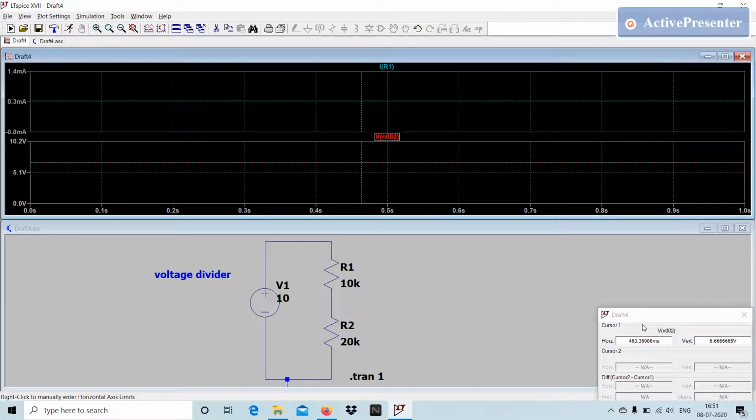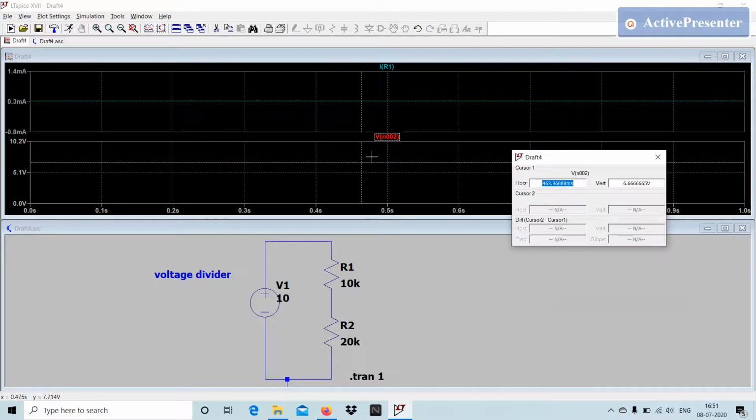Here you will get another window also, where you can measure the value. Based on the change in time, it shows the value of voltage. Here we are getting a constant voltage, so that's why the value is not changing. If you are using any transient value or different waveforms, the output voltage value will be changing. So I hope you got the idea. I have given 580 milliseconds, up to 1 second, so you can measure the value over here.